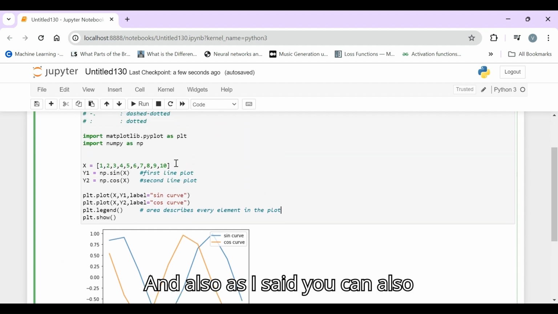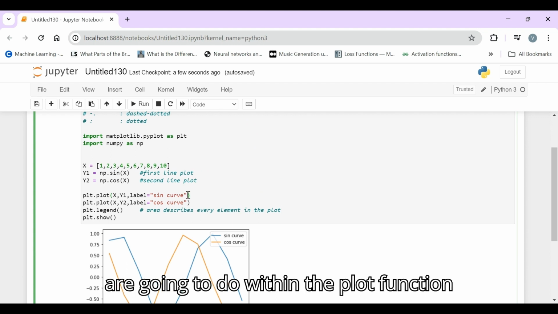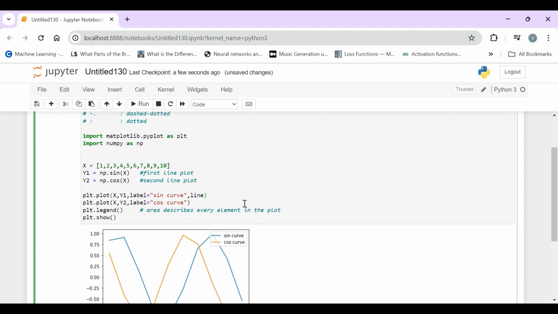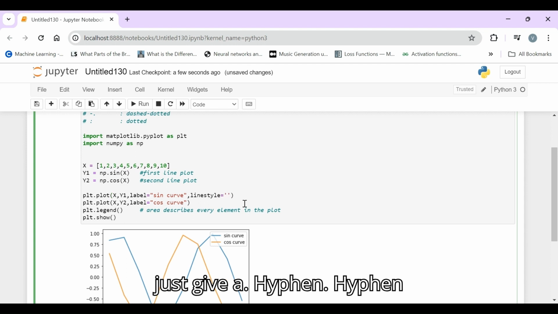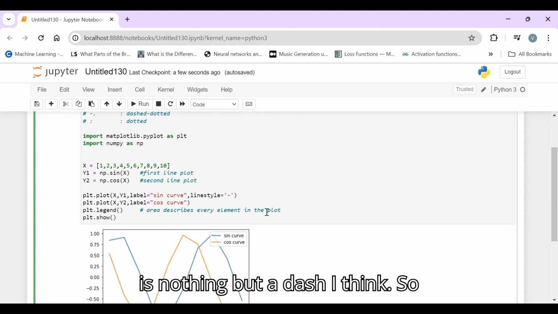And also, as I said, you can customize the line style here. So how are we going to do it? Within the plot function itself there is something called linestyle. Within the linestyle I'll just give a hyphen. Hyphen is nothing but a dashed, I think.